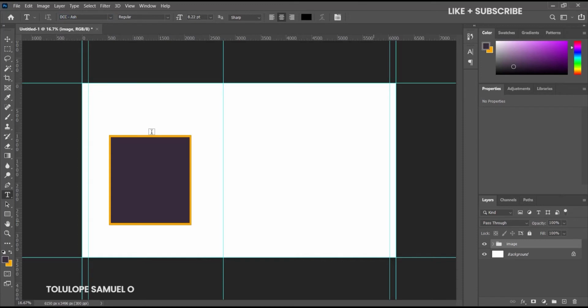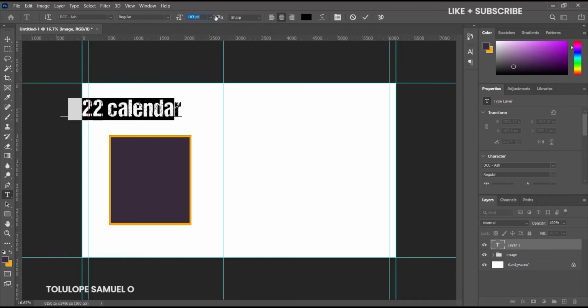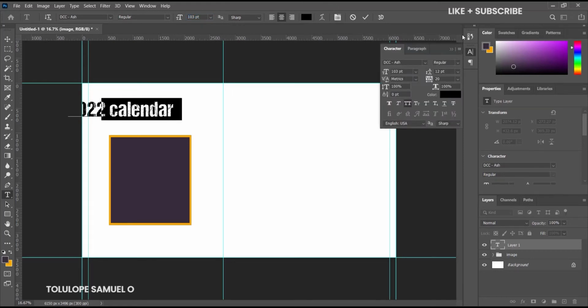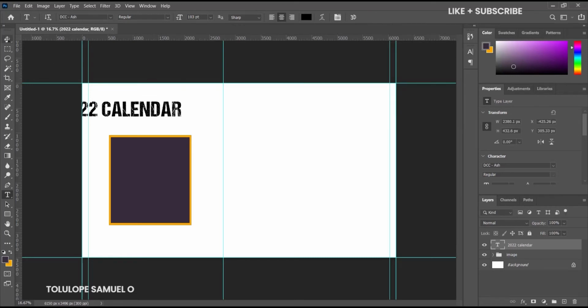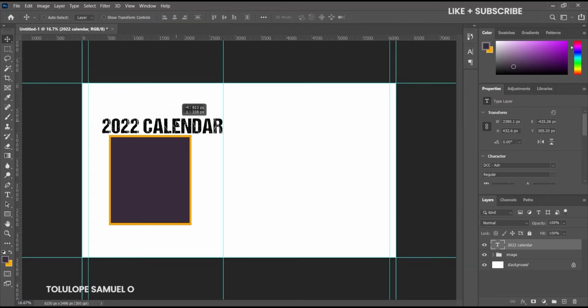After doing that, I'll just type what I want to type, 2022 calendar. Basically after doing that, I'll increase the font size just like that. So I can pick up this calendar aspect and just capitalize it. Then I click OK, pick my move tool, and I will drop it here nicely like that.